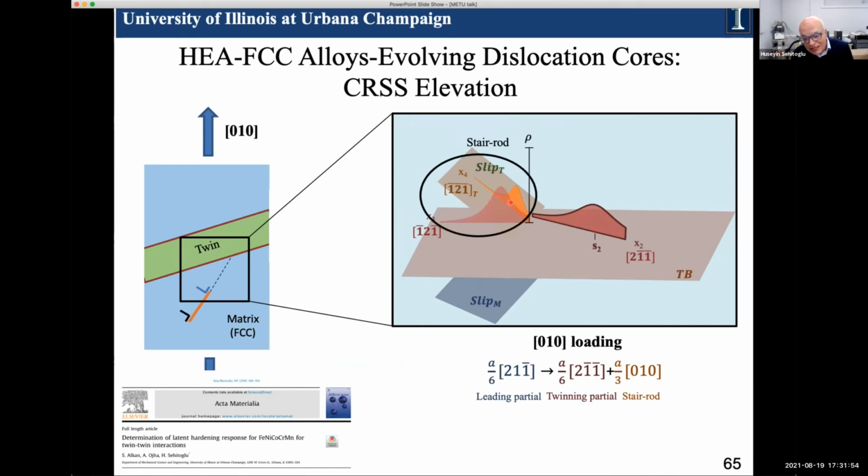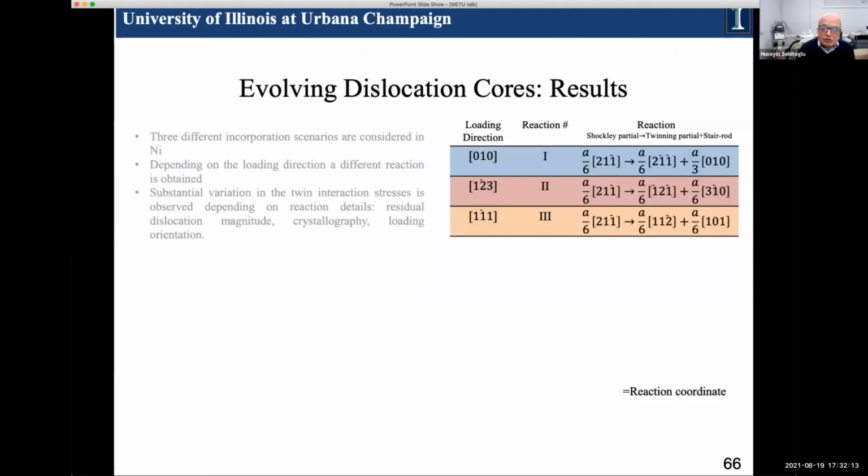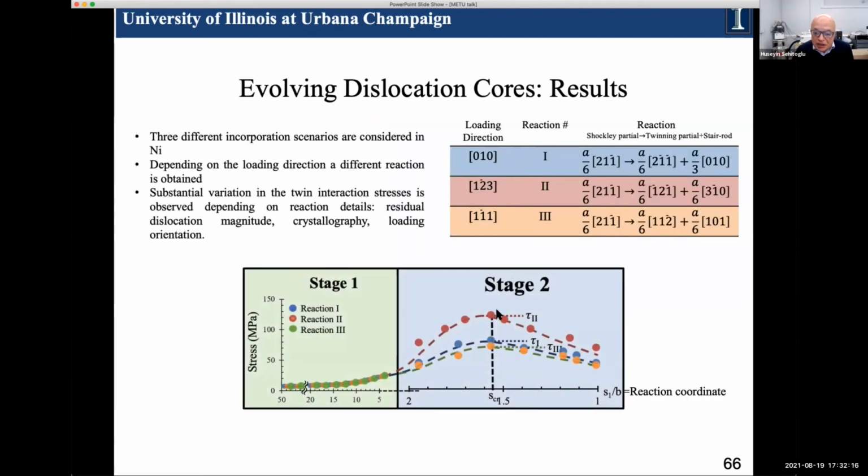So we're determining, and this is the dislocation density distribution for this Peierls-Nabarro dislocation. So there's a density distribution here. The core width is here, like here. And so the core widths are different and they're evolving also. What we're trying to determine is that initially the stresses are high at the interface when there's this reaction, but then when the incorporation occurs, the stresses go down. So that's the peak stress we think that affects the strengthening in high entropy alloys.